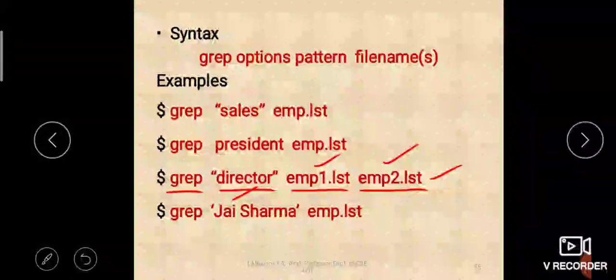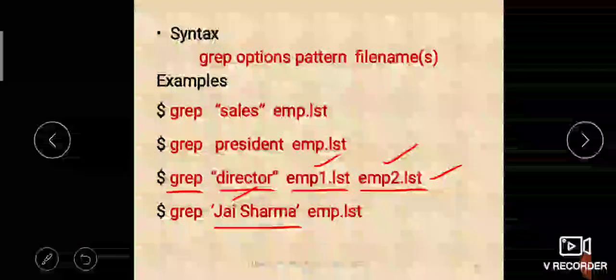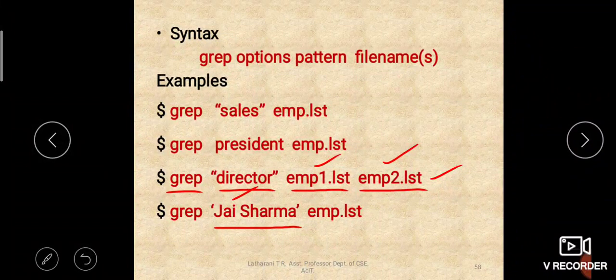See here, we are using a pattern which contains multiple words, two words. One is Jai and the other one is Sharma. You have to put them in quotes. So what happens if you don't use quotes here? If you don't use quotes, it will simply take only Jai as the pattern and Sharma as the file name, isn't it?